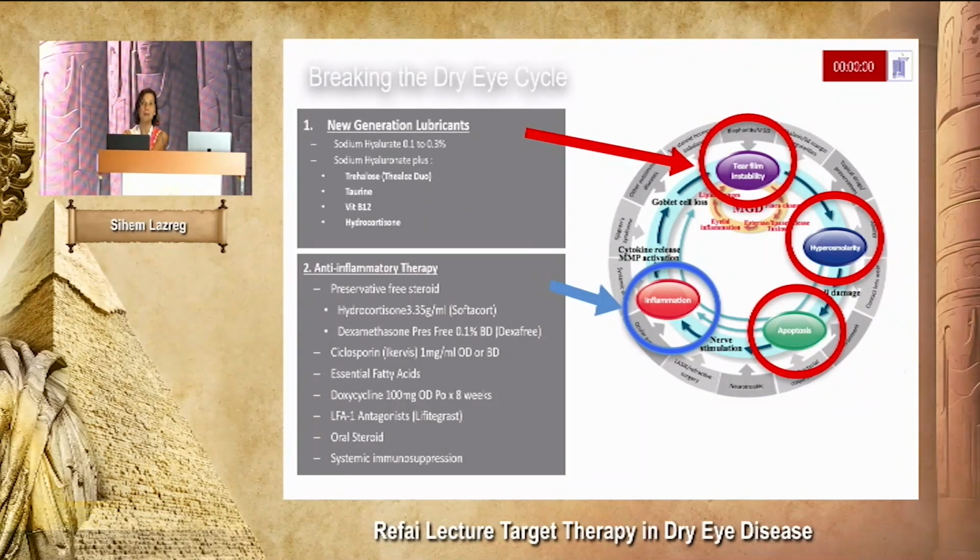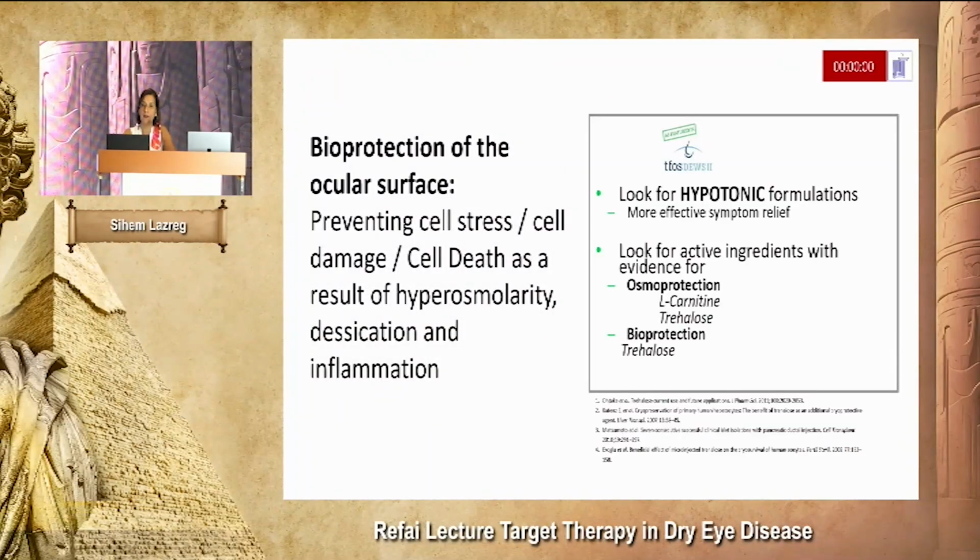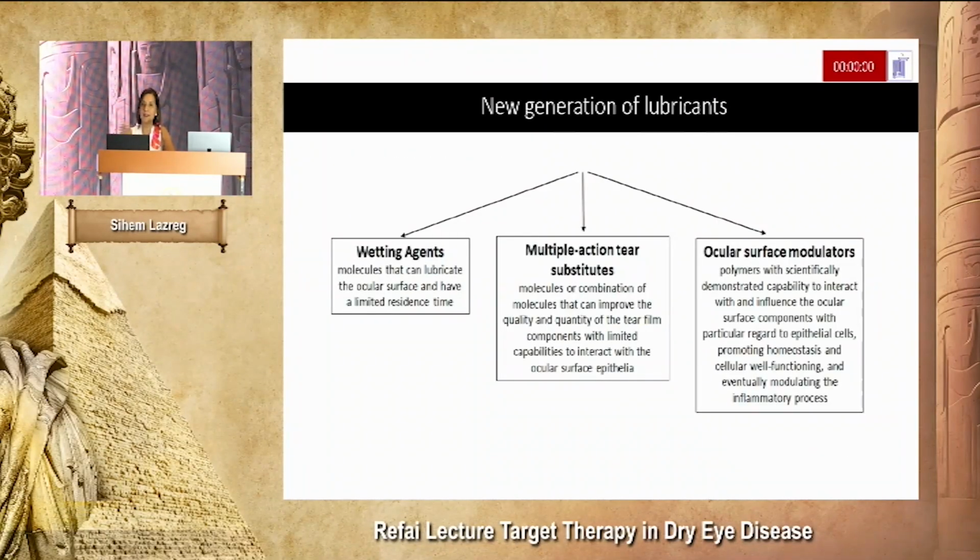For the anti-inflammatory therapy, we have also plenty of molecules, starting from the dexamethasone, steroids, to tacrolimus, cyclosporin, and in this case, I don't believe only in 1% or 2%, because we need a strong cyclosporin, not the low concentration, maybe tacrolimus, and also the antibiotics, and this is for the bioprotection. This is the new generation of the lubricants, and you see that you have the wetting agents, they are the basis, and then the multiple action tear substitute, and we have the ocular surface modulators like the trehalose, the taurine, the vitamin B12. All of these molecules associated to the lubricants are